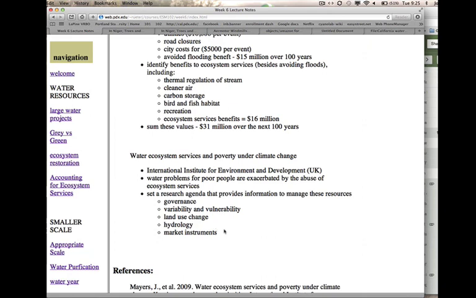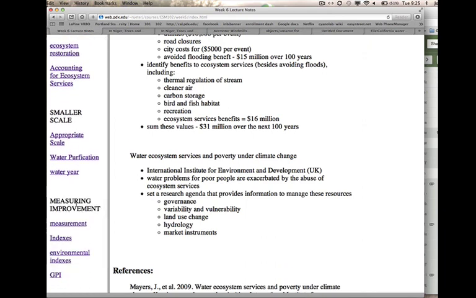provide a sustainable solution. All right, well, that's the end of this first part. In the next section, we're going to talk about smaller scale approaches to water pumping and purification, and then we're going to look at some of these indexes that illustrate how we would attach value and study this with accounting.